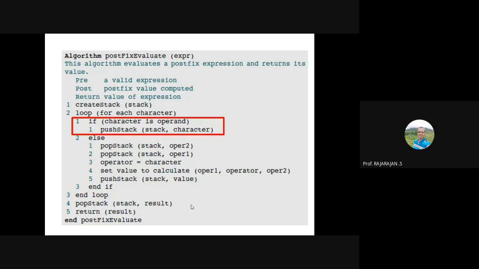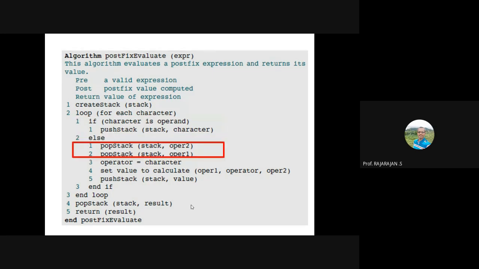Step 1 is, if the current character is an operand, push it into the stack. So that is a step, push the character onto the stack. Else, it means it is an operator. Then what we do is pop operand 1 and operand 2, and then you need to know what that operator is. It may be multiplication, division, subtraction, or addition.